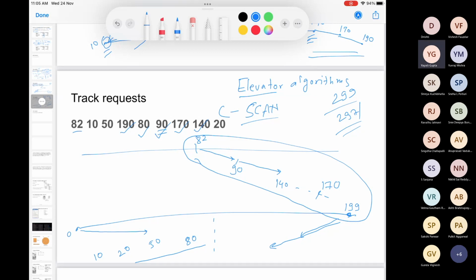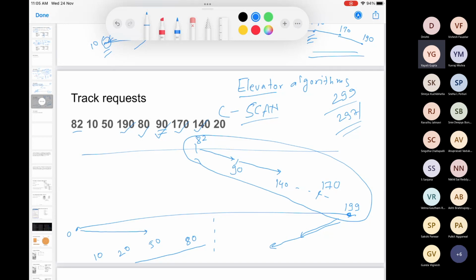So generally this happens because of some of the physics involved behind your hard disk. So there are more complications there in how your read-write head it actually works. So when you look at a read-write head, its speed it's not constant when it is going from your 0th track to the 199th track. It is something like what happens with a car or what happens with a bus, right? It accelerates, and then when it is somewhere in the middle, the speed would be the highest. When it has to serve something, it has to slow down, then again it can pick up speed, and there are things like that.